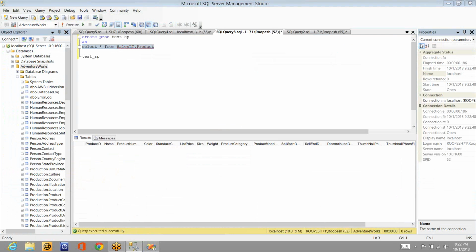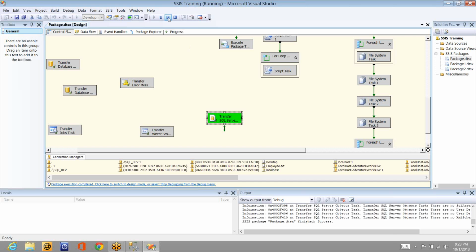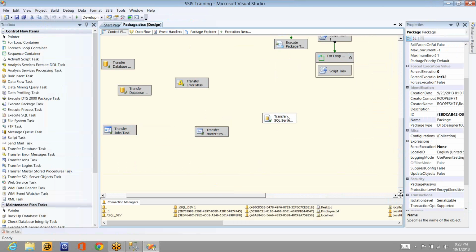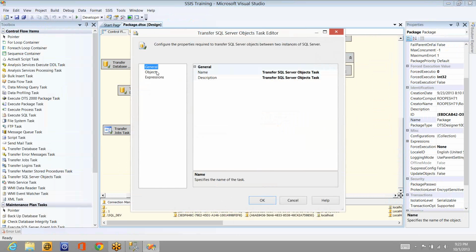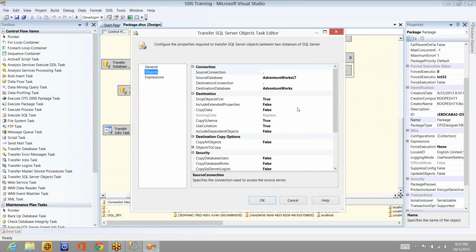You can see here in the server, in the AdventureWorks database, that is what we set as the data destination, right? So the SalesLT.Product table is copied or moved, I can say. SalesLT is the schema, whatever we have taken, and Product is the table name, right? And if you want to move the data, I said don't move the data, right? If you want to move the data, what you have to do is set this one as